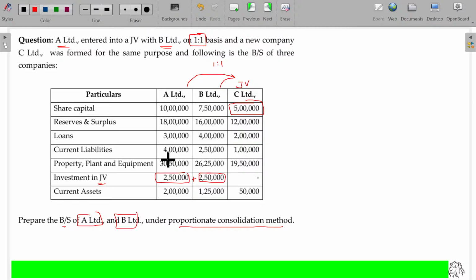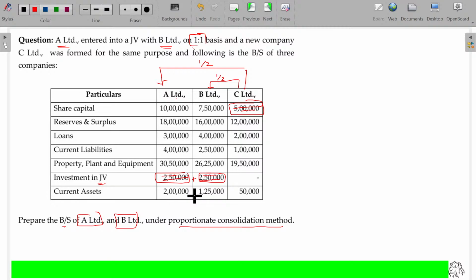Okay. So you might have studied the consolidated financial statement the same way. You can merge all the assets and liabilities line by line. If you are clubbing these two, you have to club what? The assets and liabilities of C will be clubbed with the assets and liabilities of A, to the extent of half share, because 1:1. Another part will be clubbed in B, another half share. While clubbing this 5 lakhs and these 2.5 lakhs, 2.5 lakhs will be eliminated. Okay, you know that, right?